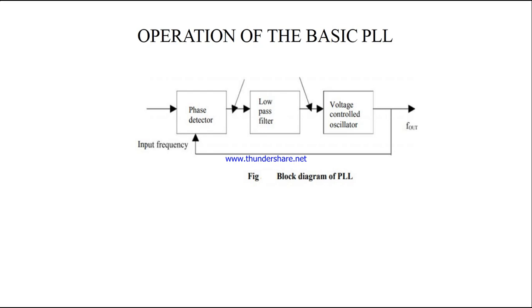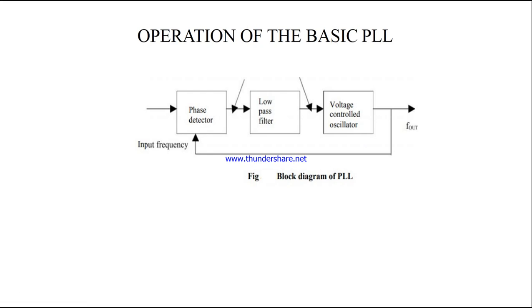Here, when we look at this feedback system, it consists of a phase detector or comparator, a low pass filter, and an error amplifier, that is, a voltage controlled oscillator. Here the VCO is a free running multivibrator and operates at a set frequency F0 called the free running frequency. This frequency is determined by an external timing capacitor and an external resistor. It can also be shifted to either side by applying a DC control voltage Vc, and the frequency deviation is directly proportional to the DC control voltage, and hence it is called a voltage controlled oscillator or VCO.